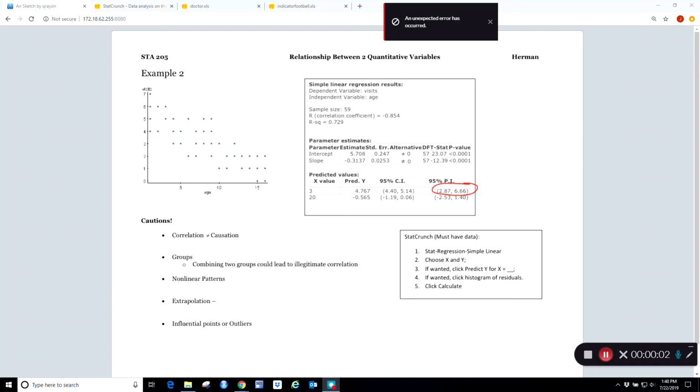Alright, so this last video is just looking through some cautions when we're doing the relationship between two quantitative variables. This first one is an important one that some of you may have even heard in another class. It's that because there's a relationship between two things, this correlation, does not mean that one is necessarily causing the